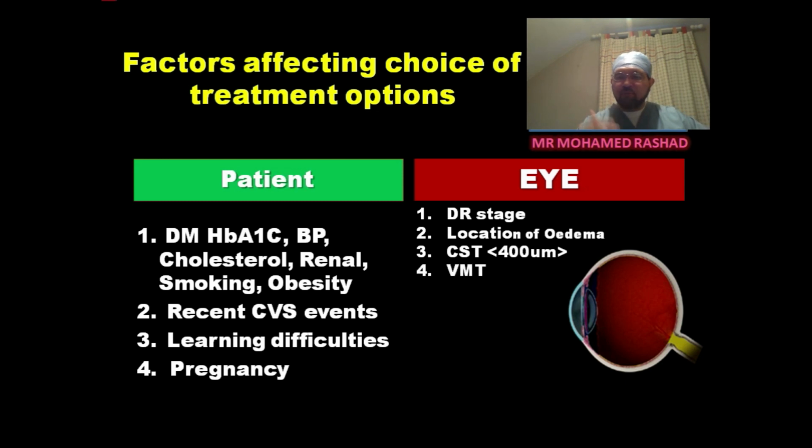And the vitreomacular traction. So three factors in the retina: the diabetic retinopathy state, the location of the edema, either central or non-central, and the thickness. The vitreomacular traction as well is an important factor in deciding which modality we will choose. If the patient had previous vitrectomy, this will make some changes as well, because previous vitrectomy